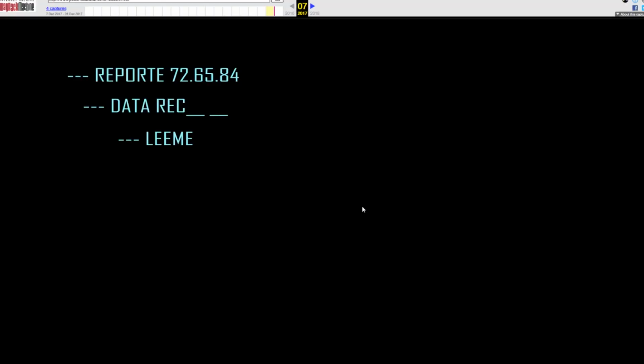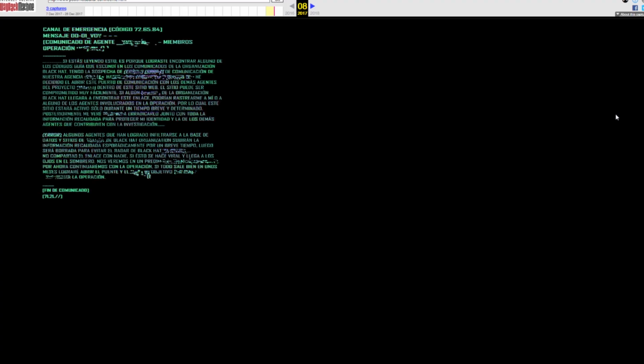And if you click the black hat, we can go to another page that has 3 options. A report, a data record, and a readme. Access is denied for the top link, but we can go to the other 2. Let's actually go to the readme first. The text is a tiny bit corrupted, but it is decently readable.